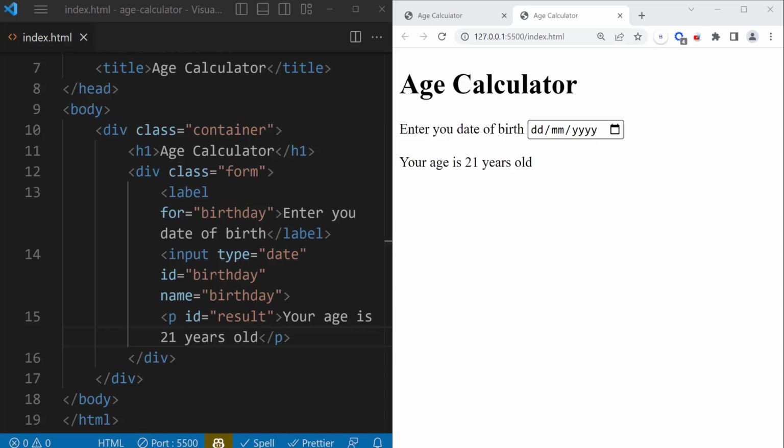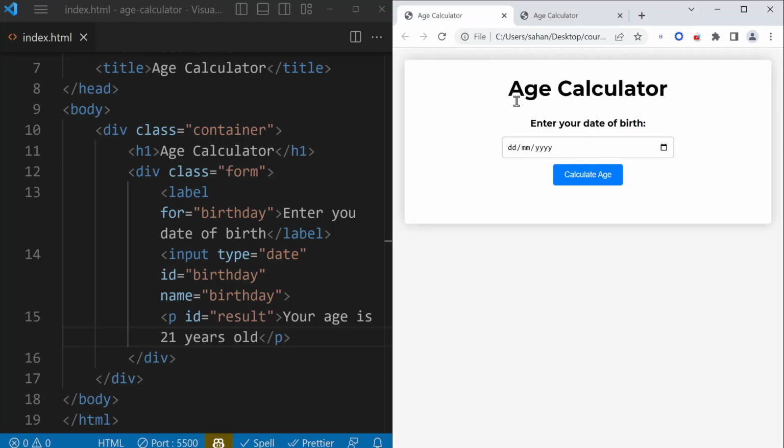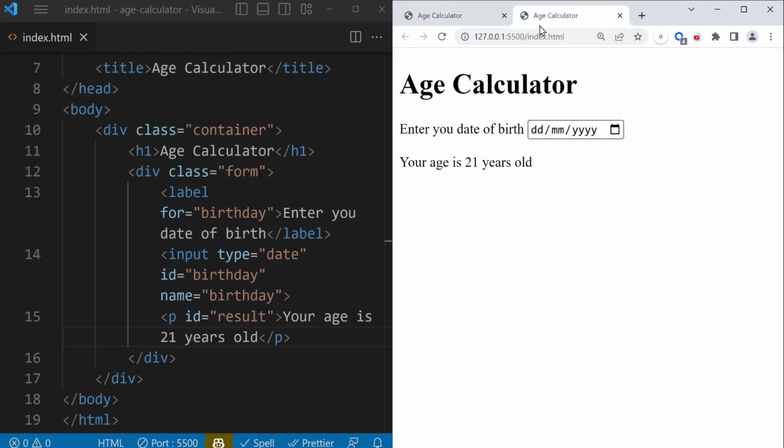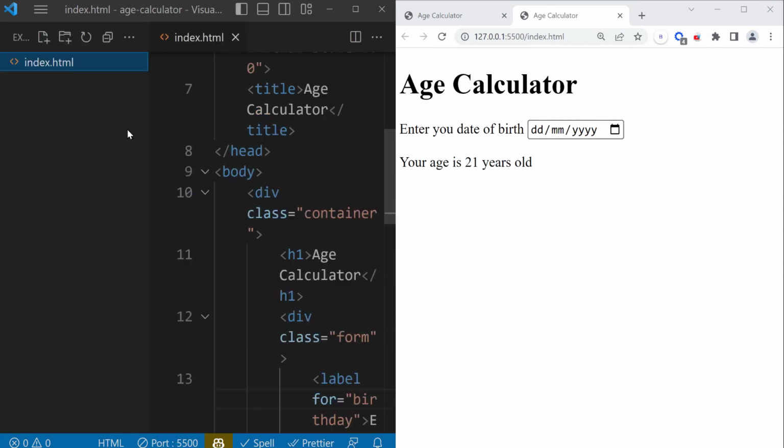All right, in the last section, we have completed the HTML part of the project. In this section, we're going to style the project using CSS. So we're going to design it like the final version. We're going to create the container and bring it to the center. The first thing we need to do is to create a CSS file. So I'm going to open my Explorer section using Ctrl+Shift+E, and here we create a new file and we call it